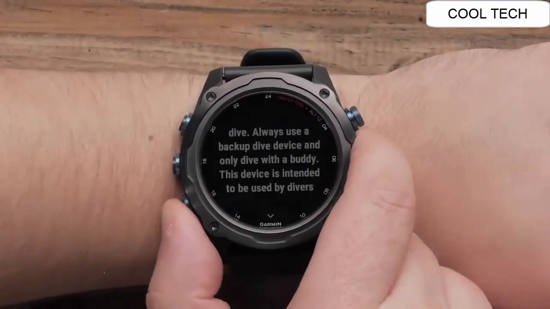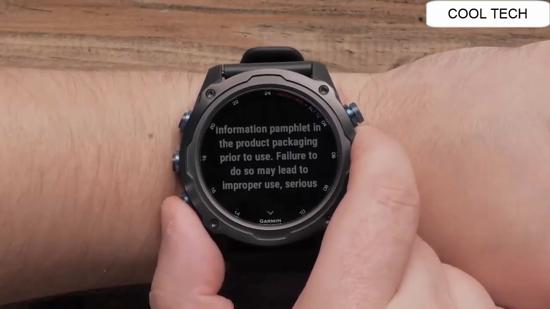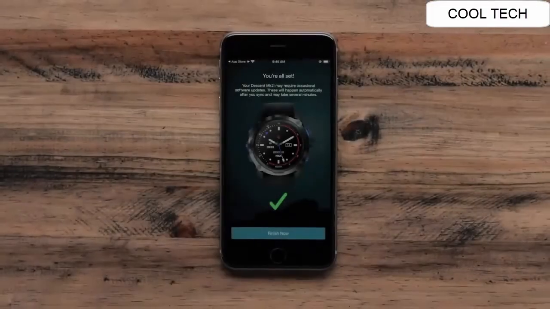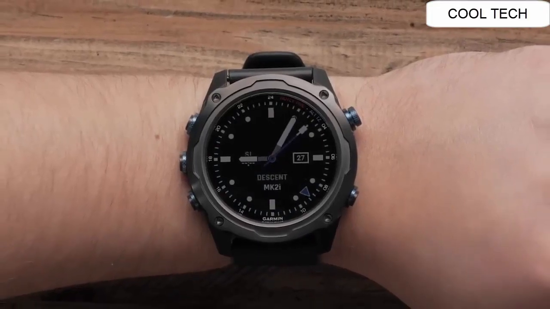To finish setup, read through the watch terms and conditions. Then press down to accept. Now your watch and phone are set up and you're ready to go. Before heading out for a dive, we recommend you charge